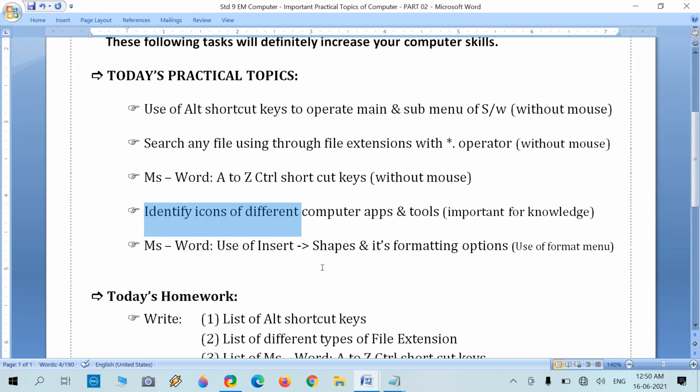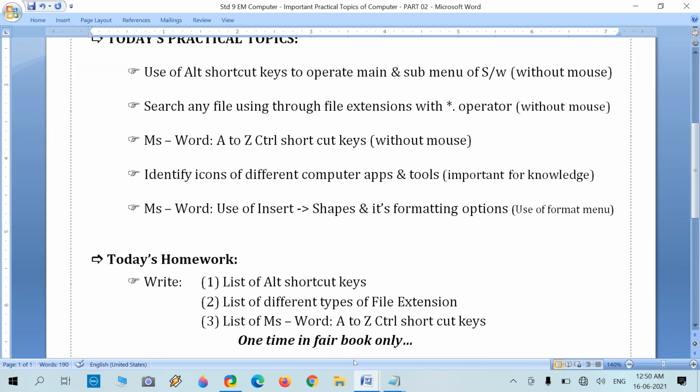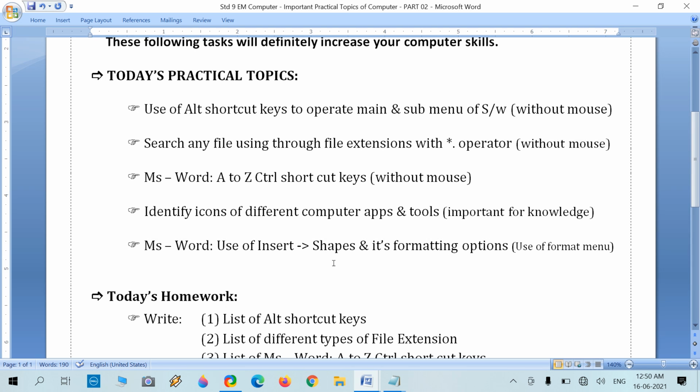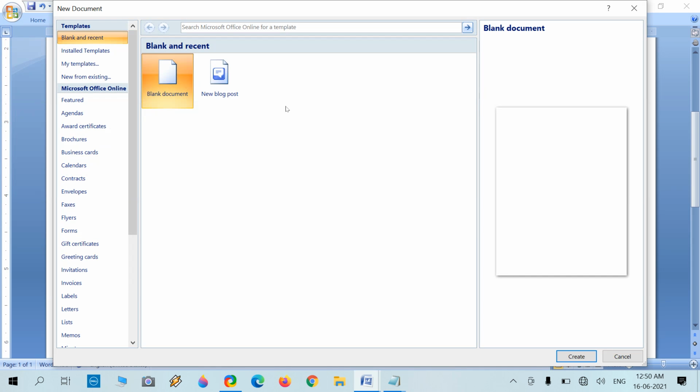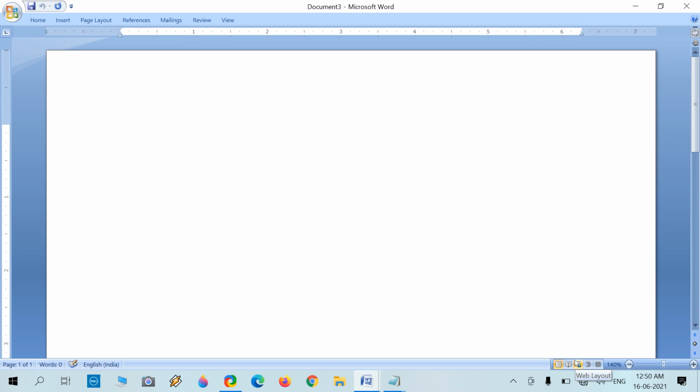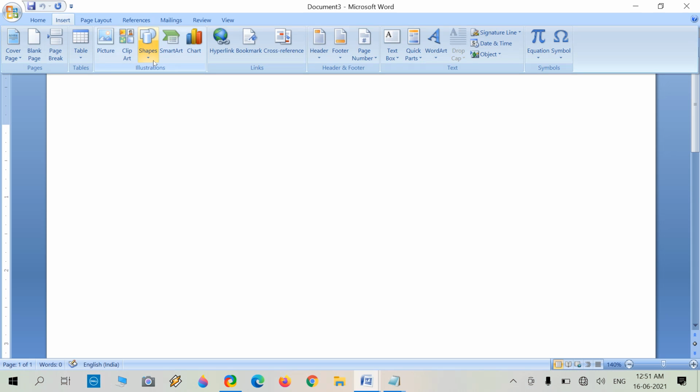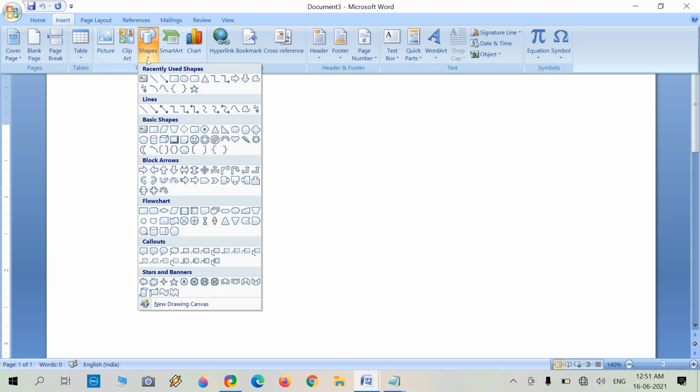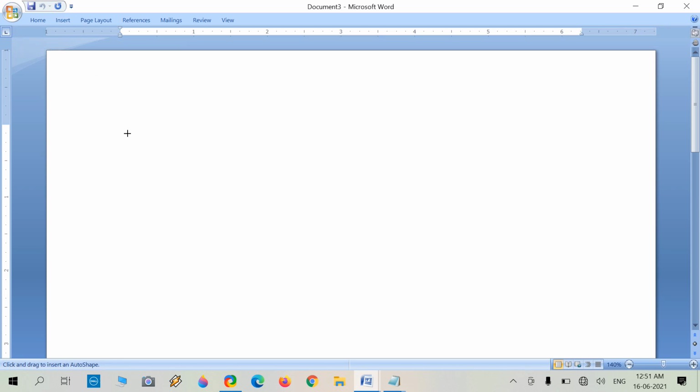Logic this, and at last we need to perform some insert shape and its formatting options. In a new file, get the new file, press create and click on insert. There is a shape option. There are so many different categories and kinds of shapes we have. Like we first select this rectangle, move your mouse and leave it,